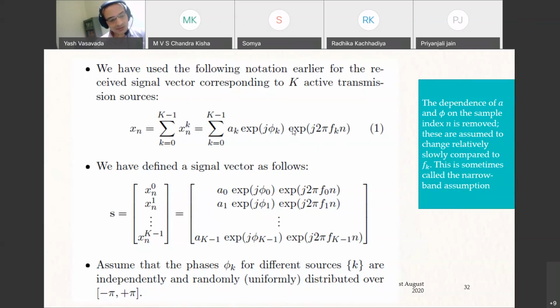In the more general formulation that we had looked at earlier, these A's and P's were dependent on the sample index n as well. Now you can imagine that if I start multiplying each sample of this complex exponential, the sines and cosines, with different values of A's and P's every sample, that is what was happening in our previous formulation. If I have A dependent on not only k but index n also, and same with phase, and furthermore, if I assume that these phases especially are random,